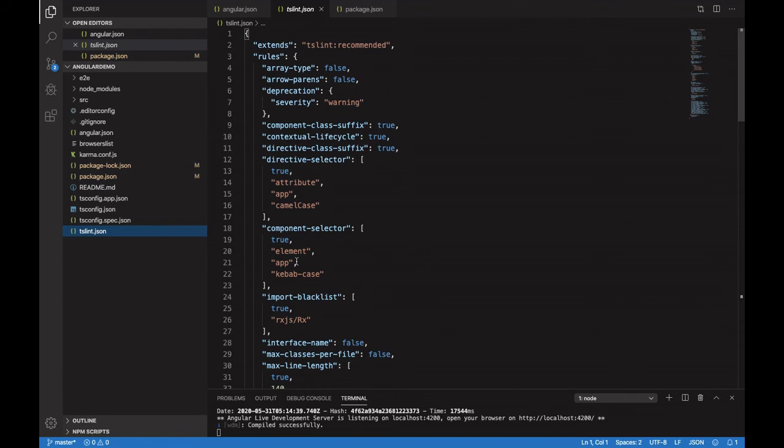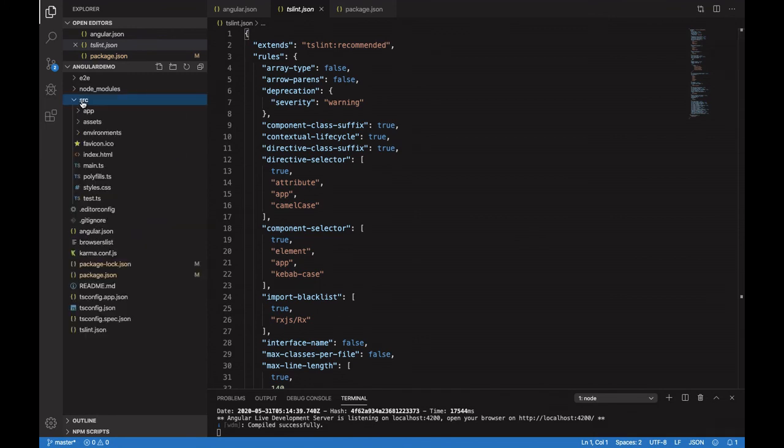So that is a linting tool, and the configuration file for that linting tool is tslint.json. In our further videos we'll see how to lint our program, and how to highlight the errors while writing the code as well. We'll see all these things one by one. Okay, so this is all about the configuration files.